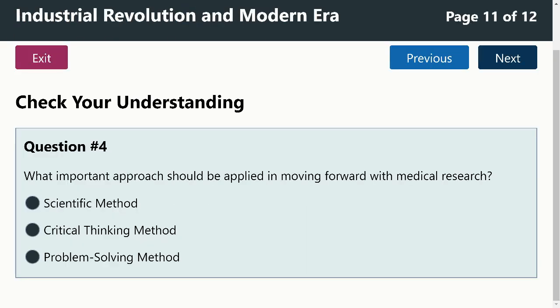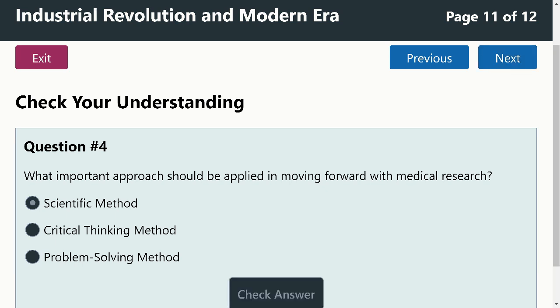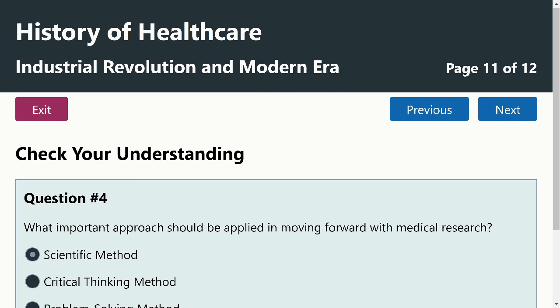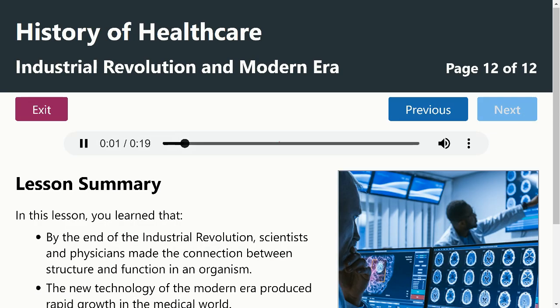What important approach should be applied in moving forward with medical research? Scientific method. Lesson summary. All right. In this